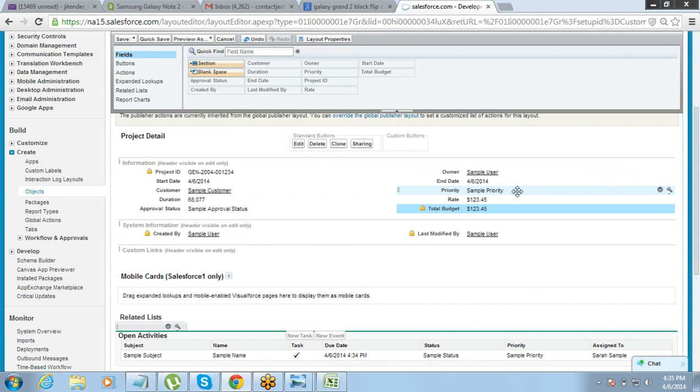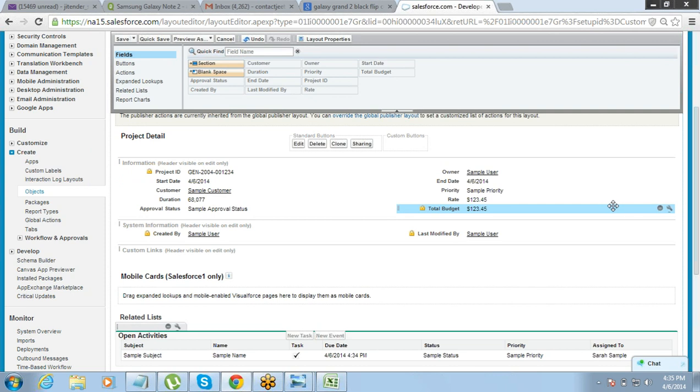We are on the page layout. It says target, so you are dragging it down to after customer. Any field, the positioning of the field can be changed, right? You can hold any field and put it wherever you want.